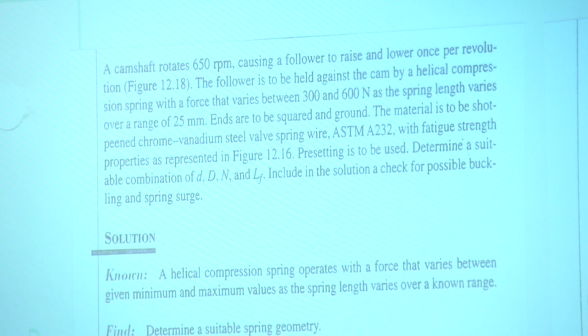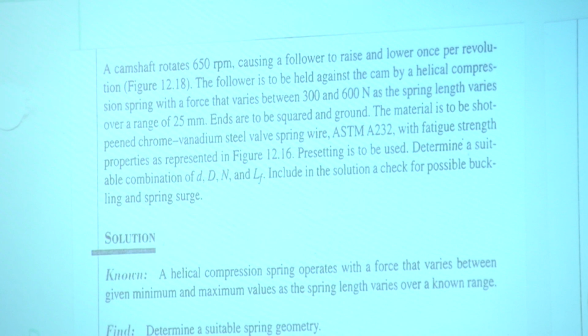In design, there really is no right and wrong. There's cheap and expensive, but there's no right and wrong. So long as you satisfy all of your conditions, from a technical point of view, that's a good design. Now, it may cost a lot, and may be impossible to do, but from a technical point of view, it's okay. So let's take a look at this design problem.